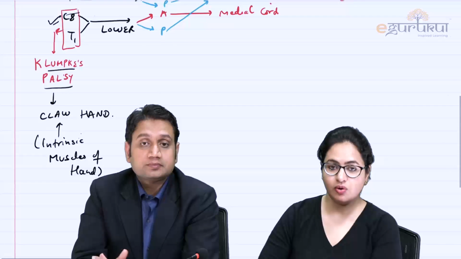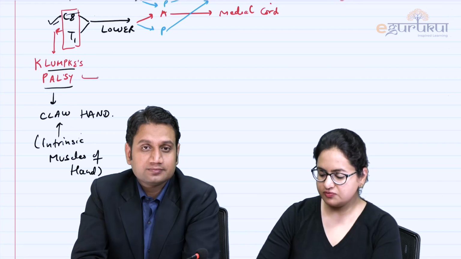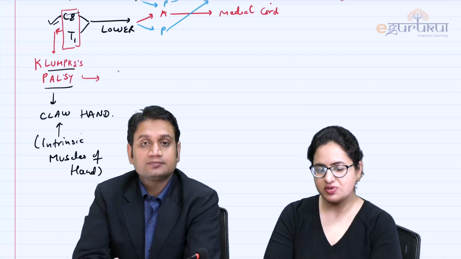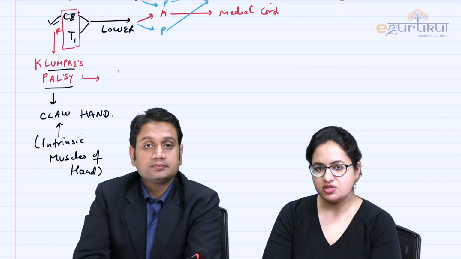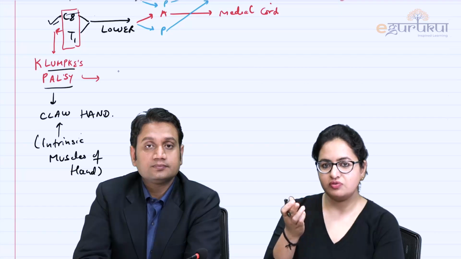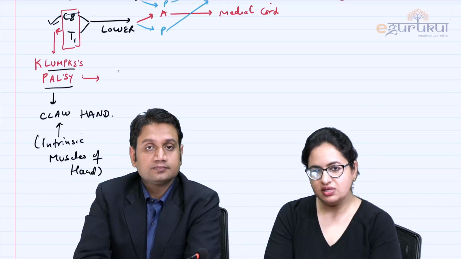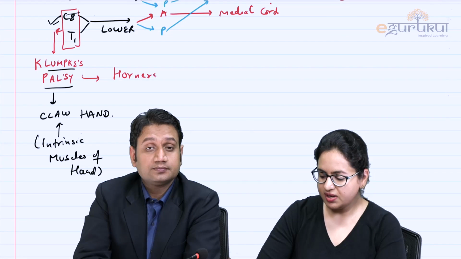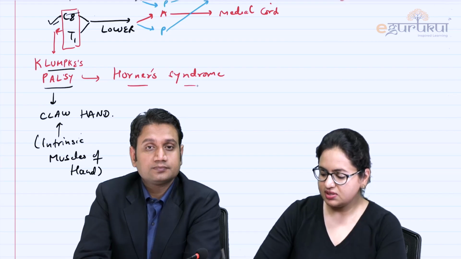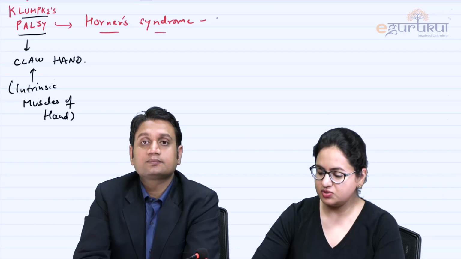Now over here, when we are saying Horner syndrome, it is one of the components which is found in the Klumpke's, and we say this specifically for T1. The T1 nerve which has been mentioned over here is the one which is sometimes carrying the sympathetic fibers. If these sympathetic nerve fibers along with the T1 fiber are affected, it may also lead to Horner syndrome, as sir has also mentioned. And when we talk about Horner syndrome, it is a set of symptoms. We say there are 5 components in the Horner syndrome, which can be asked as an MCQ.